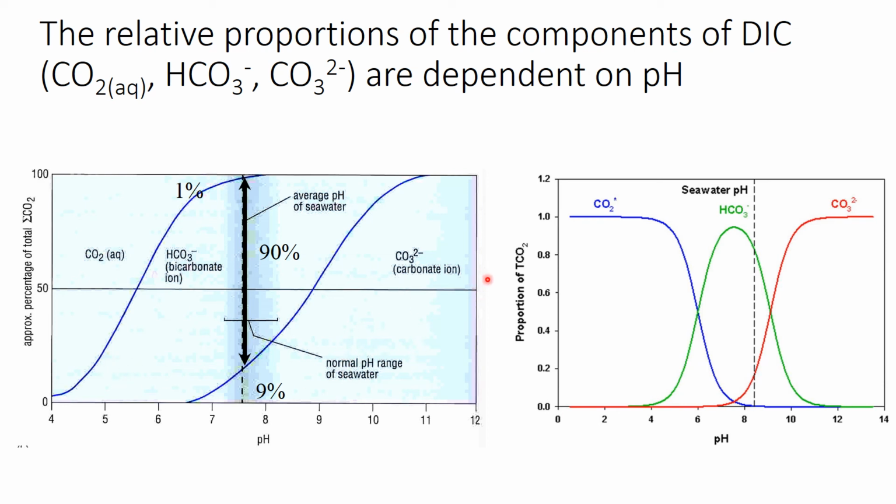So I should point out that these graphs on the left and the right are the same graph, okay? So they're just showing the trends in slightly different ways. So you've got pH on the bottom, so this is acidic, basic, acidic, okay? So this is lots of hydrogen ions, this is very few hydrogen ions, lots, very few. And so if you've got a very low hydrogen ion concentration, that forces those three reactions to the right-hand side, okay? Because you're taking out the